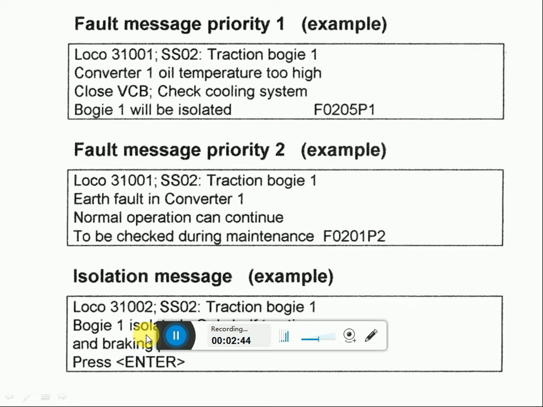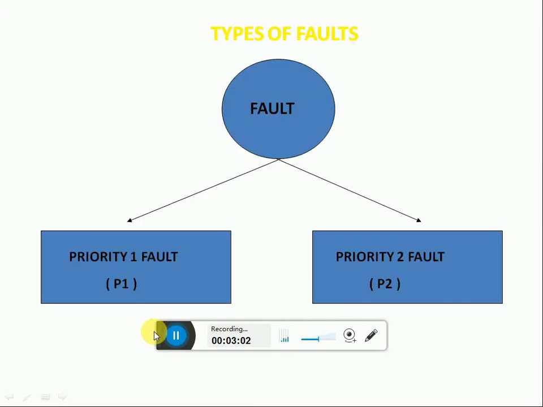Similarly, for a priority 2 message, you can see here F0201 P2, earth fault in converter 1, normal operation can continue. This type of message, P1 and P2, is called a fault message. So there are two types of fault messages, P1 and P2. When a P1 message comes, LSFI will blink and BPFA will glow.